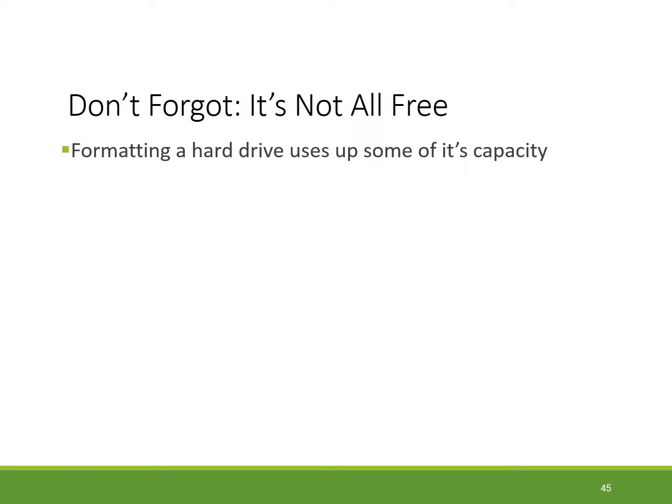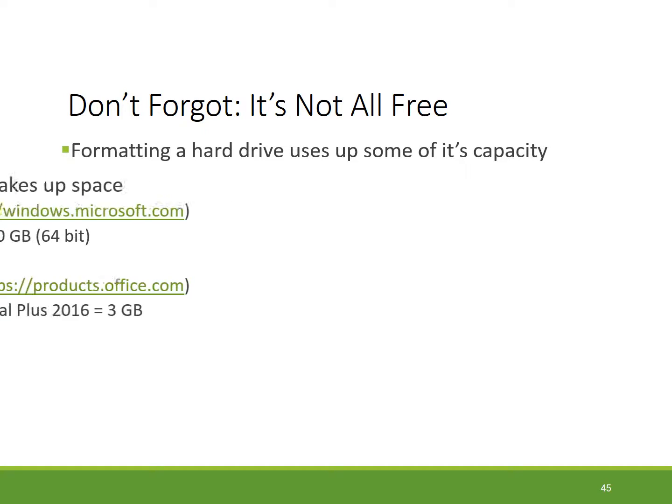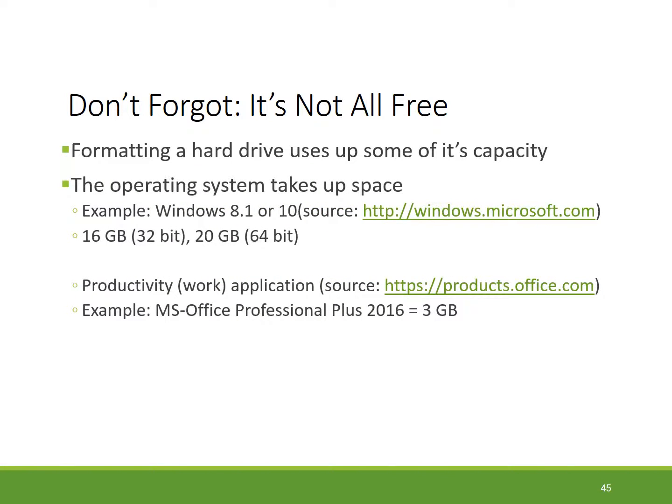Remember, it's not all free, so formatting a hard drive uses up some of its capacity, so you don't actually have all of the space to play with when you're saving information. Different operating systems take up space as well. For example, the 64-bit version of Windows 10 takes up about 20 gigabytes. Productivity or work applications will also take up space, for example, Office 2016 takes up approximately 3 gigabytes. So there will be a certain amount of space needed for your operating system and for your